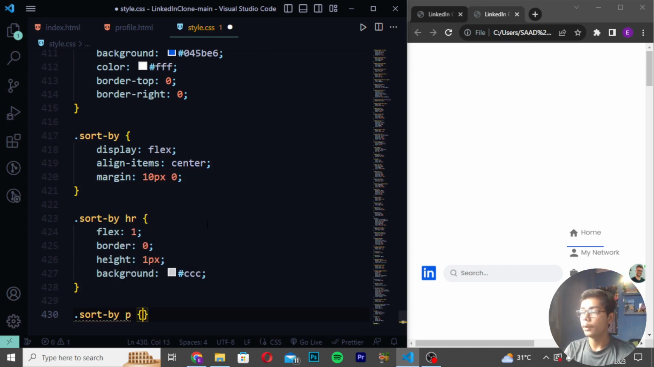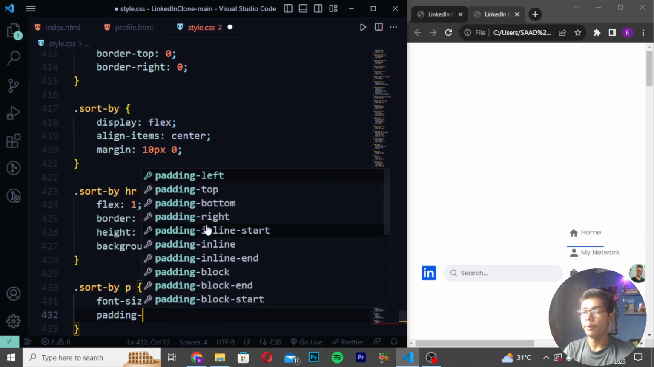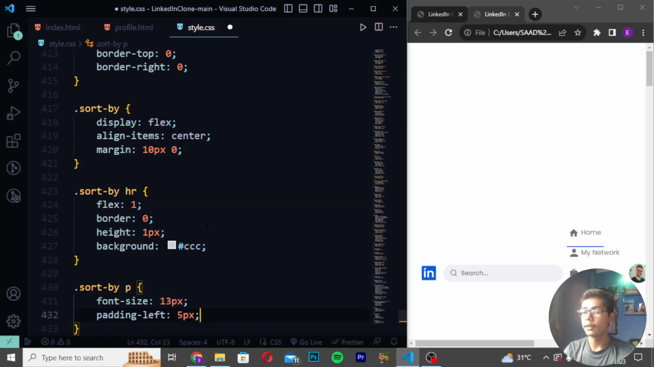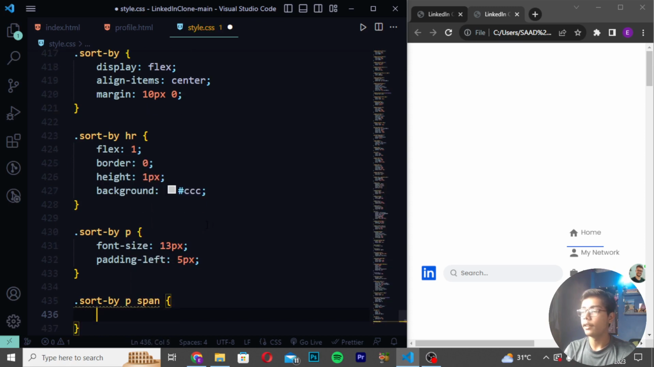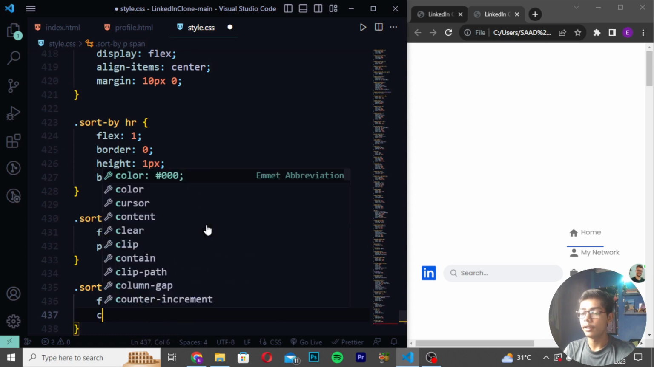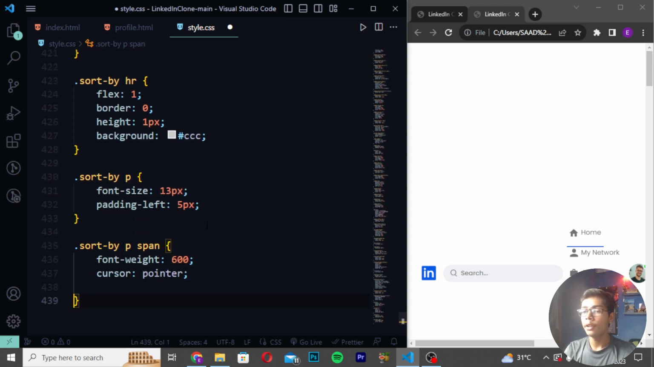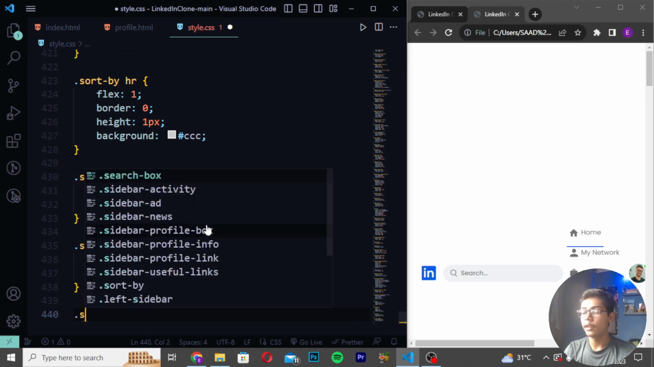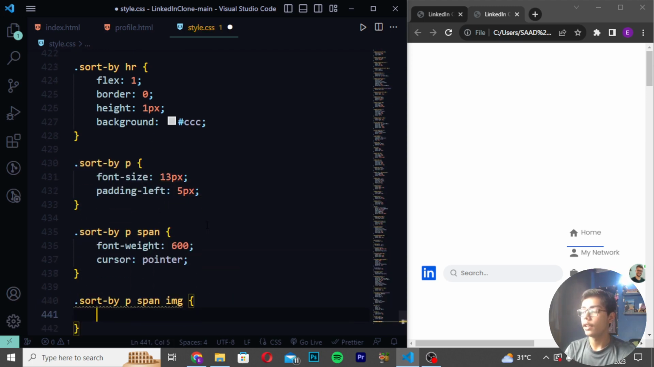Then you have to write here p tag and create font size should be like 13 pixel, and write here padding left and write 5 pixel. Then you have to write here sort by and write p span tag and write here font weight, and in font weight I will be writing 600. Create cursor pointer. Then I will be now just doing one thing, I will be moving down and write here sort by, and write here p tag, span tag, image tag, and write here width as 12 pixel,